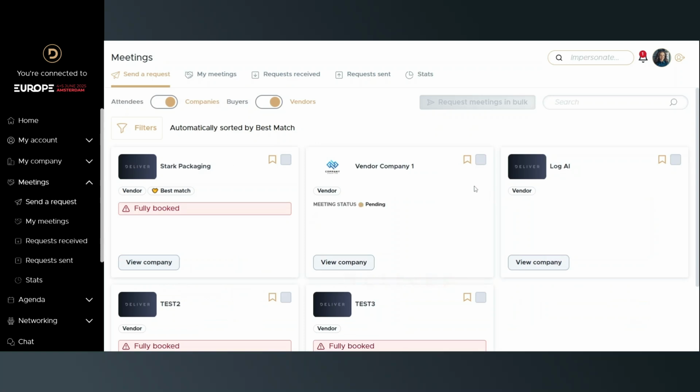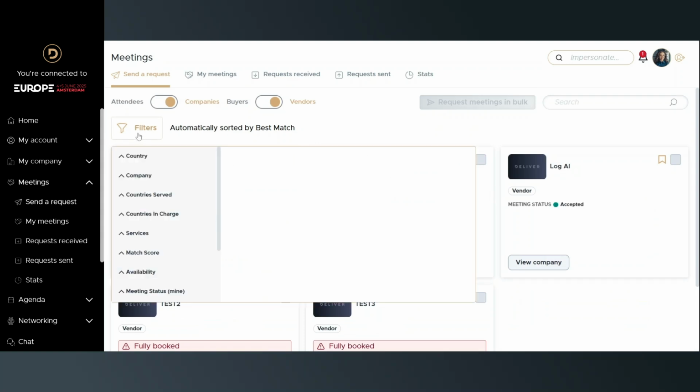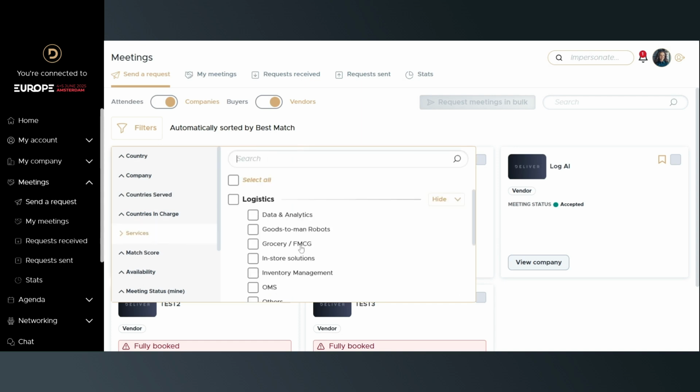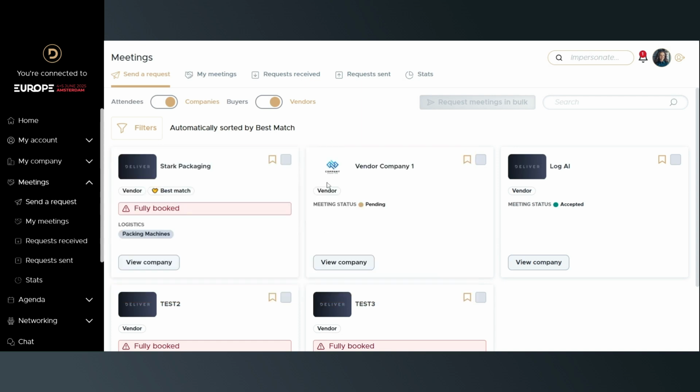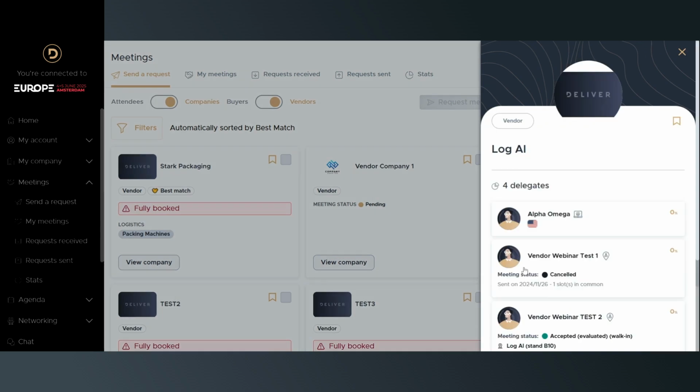Here you'll have visibility of all our different vendors. If you want to refine your search, click on filters. You can refine by the services, for example. Also make sure these toggles are on companies and on vendors. So once you found the vendor that you want, all you have to do is select the vendor, pick